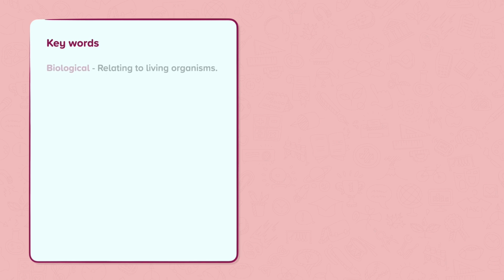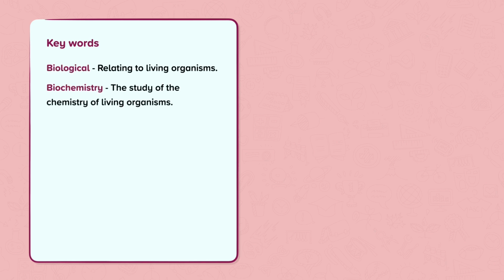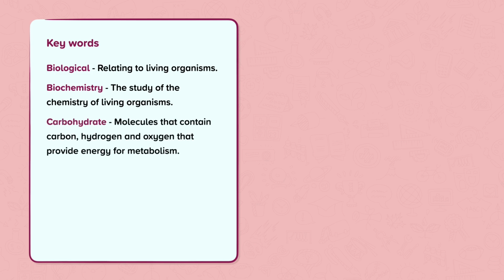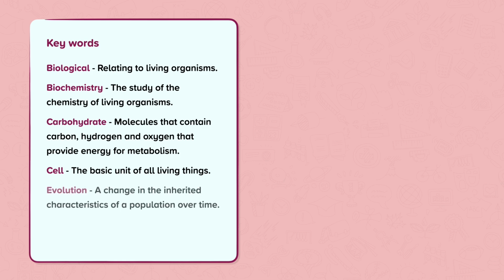Keywords: biological, relating to living organisms; biochemistry, the study of the chemistry of living organisms; carbohydrate, molecules that contain carbon, hydrogen, and oxygen that provide energy for metabolism; cell, the basic unit of all living things; evolution, a change in the inherited characteristics of a population over time; monomer, each of the repeating units that makes up a polymer;